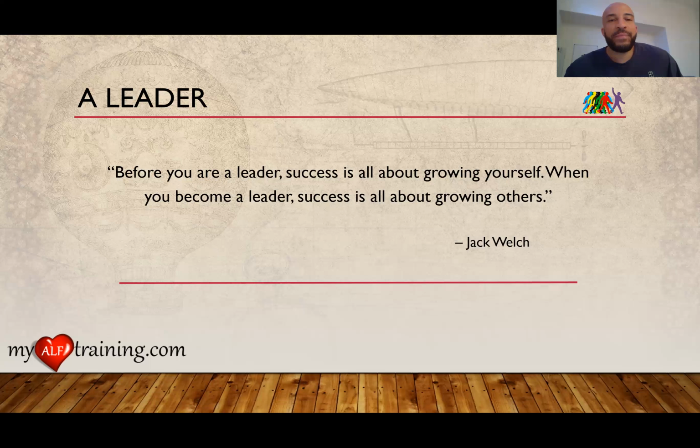And that is a key characteristic of someone who is a manager versus someone who is a leader. It's just their why, the reason why they are in that management position. What is their end goal at the end of the day? And if the end goal isn't to grow everyone around them, then their attitude, their style is more of a manager than a leader.